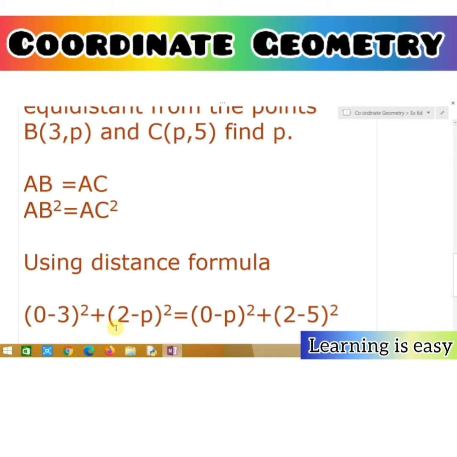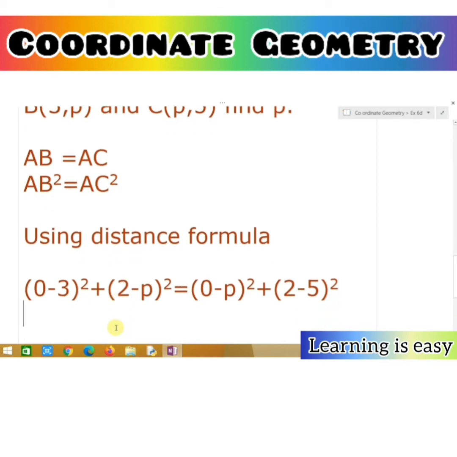So that's going to be 3 square minus 3 square is 9. 2 minus b whole square, it is of form a minus b. So we can expand it, 4 plus b square minus 4b